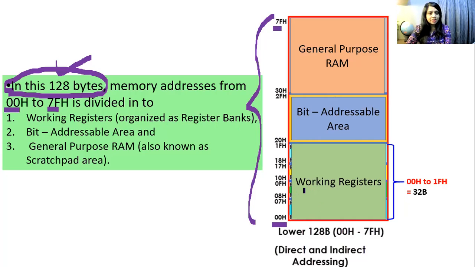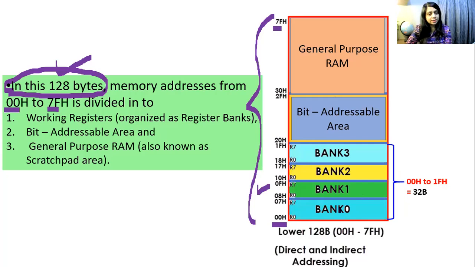Here you can see these are working registers, but these working registers consist of 4 register banks, that is bank 0, bank 1, bank 2 and bank 3. It consists of a bit addressable area. That means above these register banks there is a bit addressable area. There are 16 registers in the bit addressable area, and in the register banks there are 32 bytes. 32 bytes means there are 32 registers. It is a stack of 32 registers in working registers, which is divided into bank 0, 1, 2 and 3.